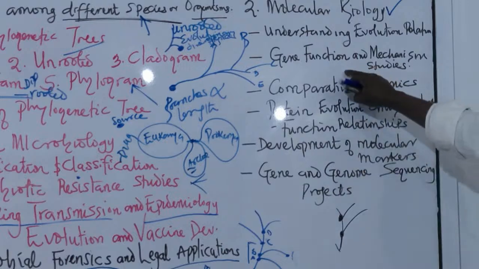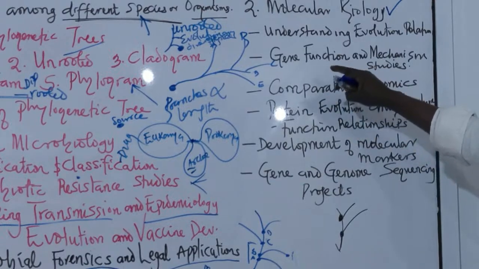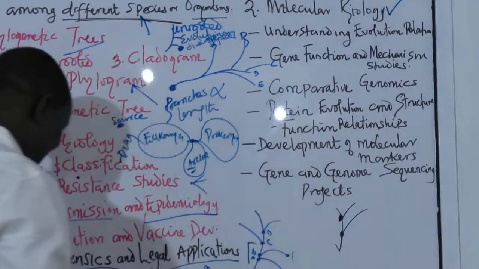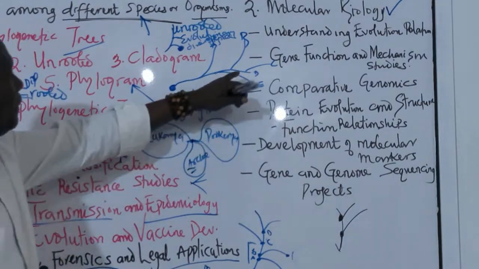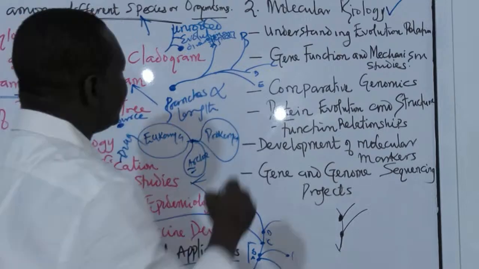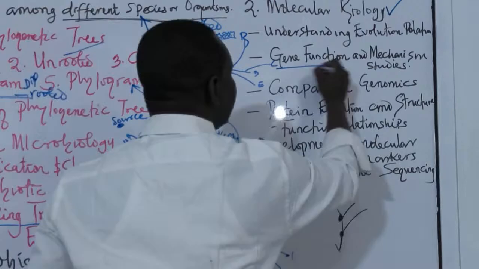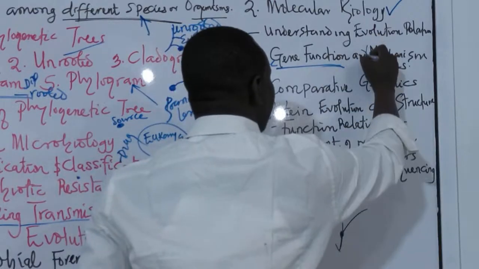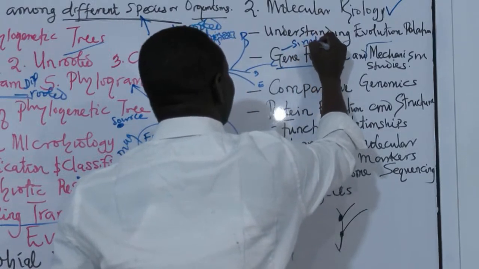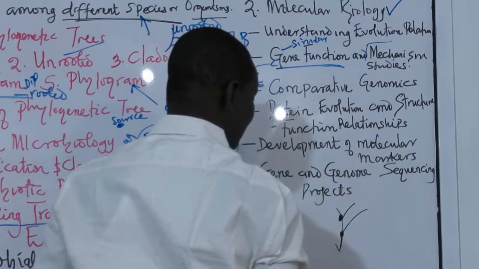Then the second application is gene function and mechanism. What you should know is that with the use of a phylogenetic tree, we can determine functional genes, because when you have similar protein, for example, similar protein,